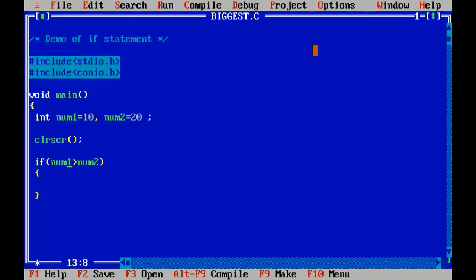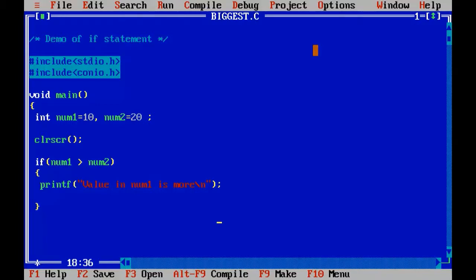If num1 is more than num2, this will return 1 or 0. If it is 1, the condition is true, so whatever I have inside here will execute. So here I will write printf, value in num1 is more.